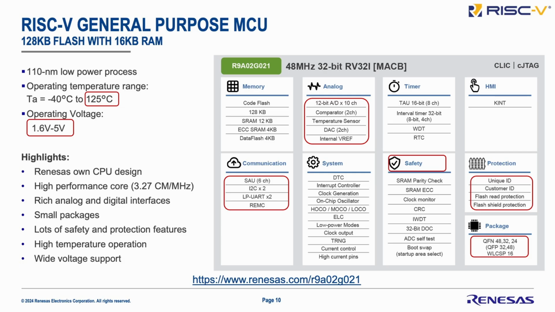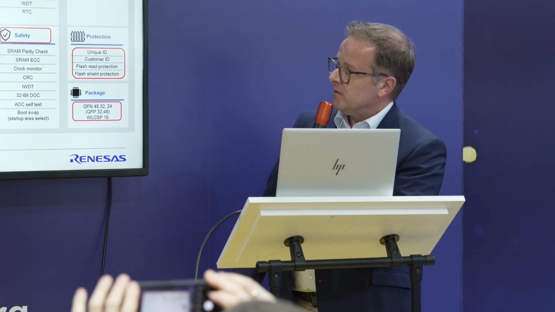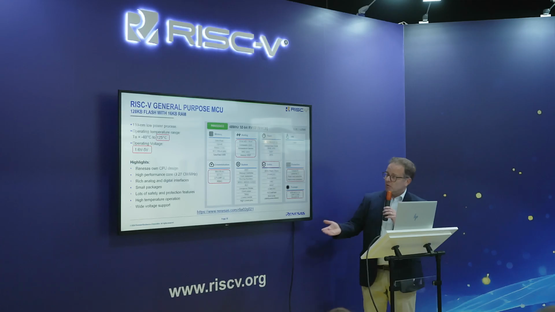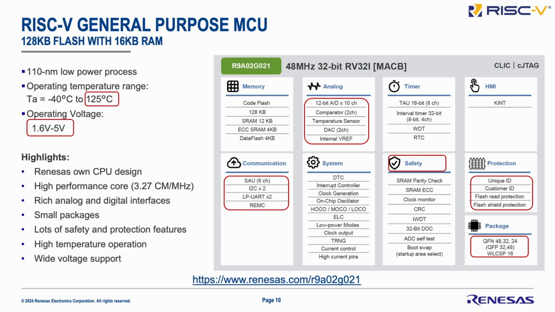This is a quick overview of the device that is being launched in this first group of microcontrollers and is embedded on this board. It has a few highlights here in red. It can support very high temperature operation up to 125 degrees. It has a very broad voltage range support from 1.6 to 5 volts operating. It embeds Renesas' own CPU design. This is also new. The availability of this CPU was announced in November last year, and this is the first